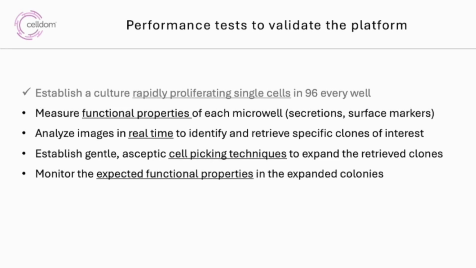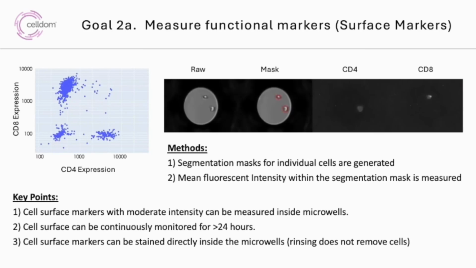So next, we aim to assess the functional properties of cells in each microwell. For the functional measurements, our first goal was to show that our optical system has the sensitivity to classify populations based on their surface markers. In our platform, we have a 12-bit camera, and this provides enough sensitivity to separate the CD4 and CD8 populations using 2 fluorescent channels. The other 2 fluorescent channels can be used to measure various properties, such as stemness, activation, as well as other